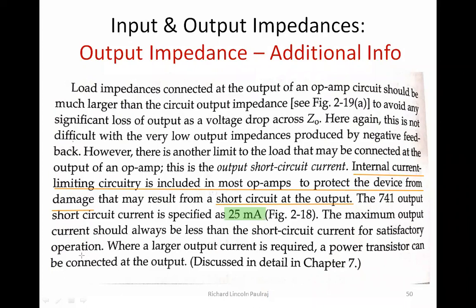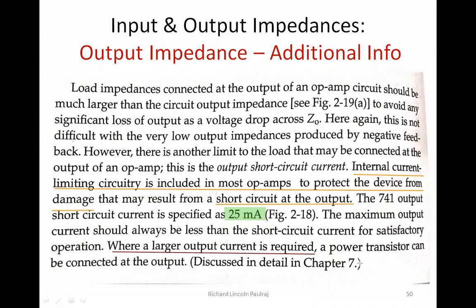Only if it's less can we say that there is current limiting circuitry. If not, then there's no point in having a current limiting circuitry. If a larger output current is required, say, for example, I need a very huge current at the output side,